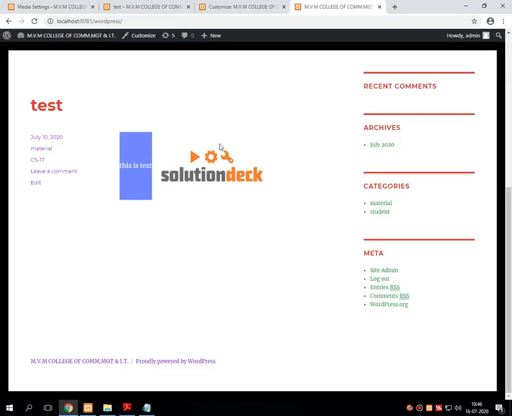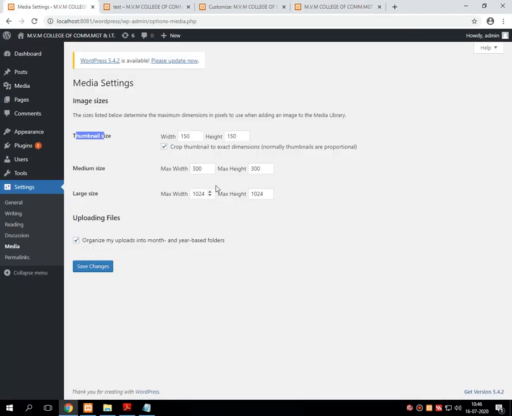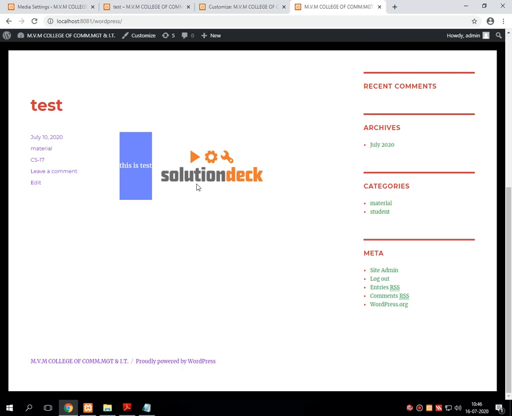Thumbnail means it's a preview of this particular image. Suppose you want to change the width and height of that thumbnail, you can directly change it from here. There are three options supported: thumbnail size, medium size, large size, and uploading into the month and year based folder, where I will show you it is going to be stored. These changes can be saved and it reflects over here.